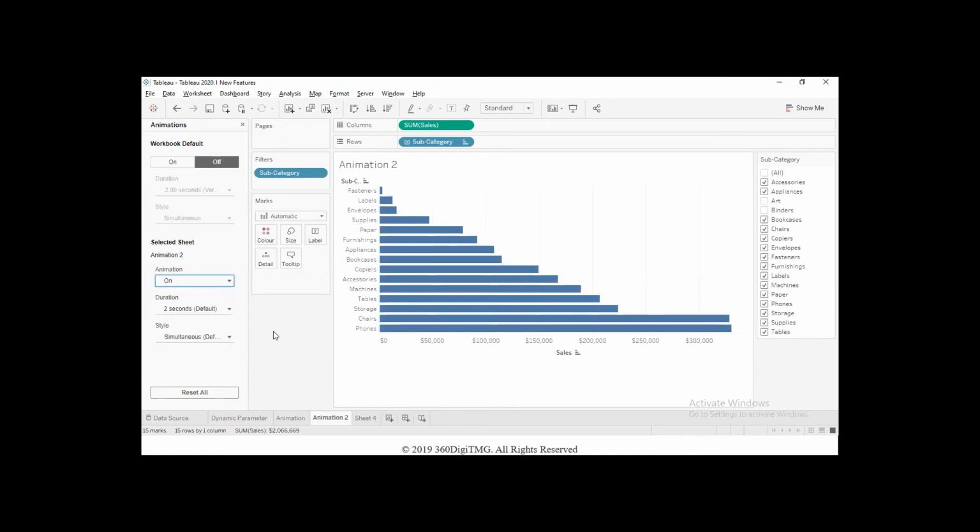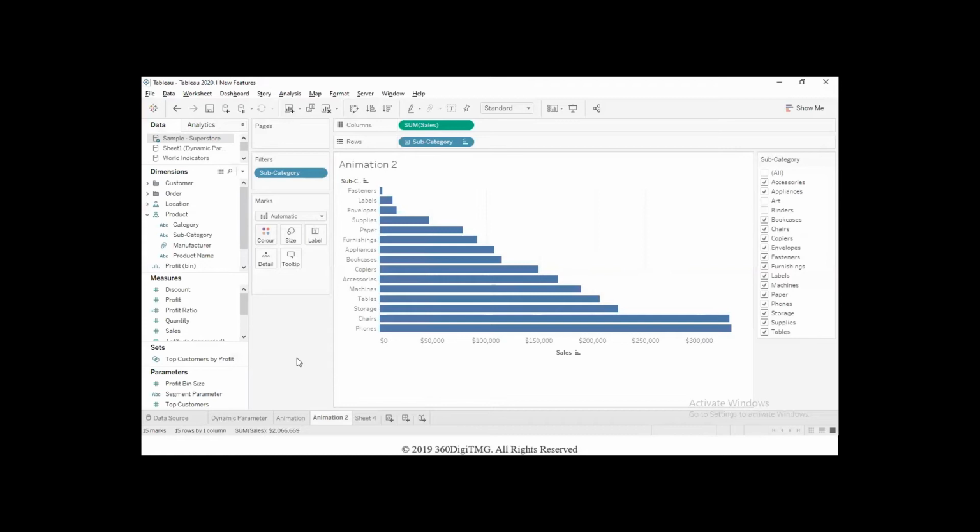So like that, you can decide whether you want to configure the animation of these marks, transition of the marks in an animated way at worksheet level for individual worksheets or the entire workbook level. So that was about animating the marks and looking at the transitioning that happens when we animate it. If you have any questions, I'll take it up. Otherwise, we'll proceed further.